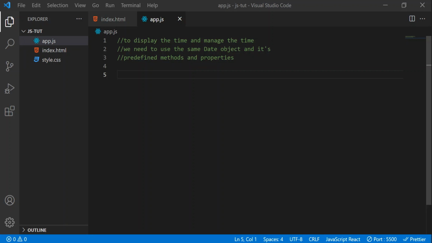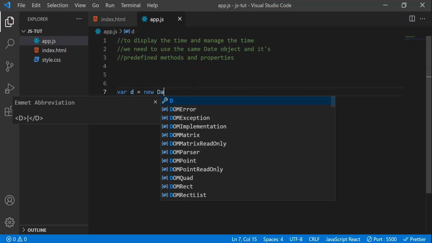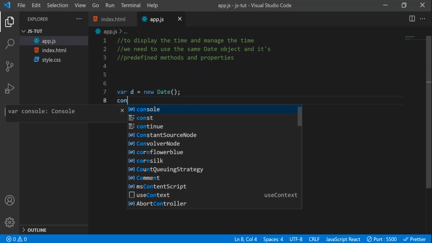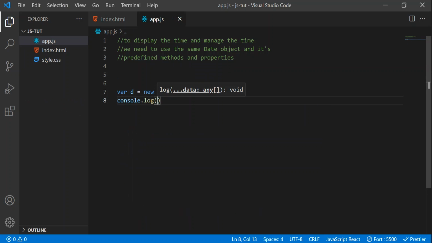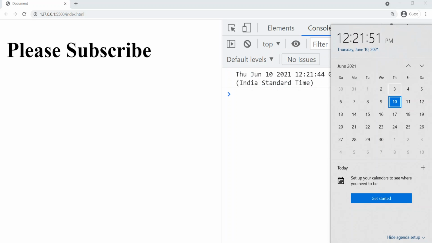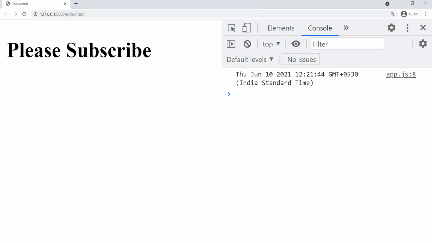So let's create a date object first. I'll take a variable d, and here we need to write new and then capital D and then a. So this is the date constructor, and now I'll print this in the console. So here let's write d and let's go to Google now. So you can see guys, we got Thursday, June 10th, 2021. So this is the time I am recording this video. You can see 10th June, Thursday, 2021. So that is what it is showing.